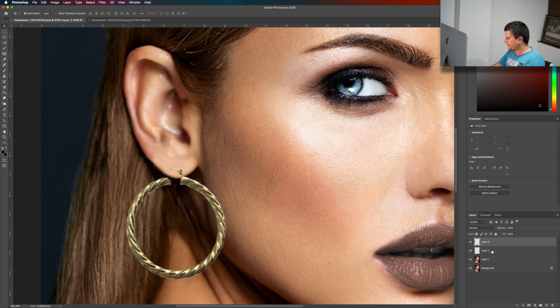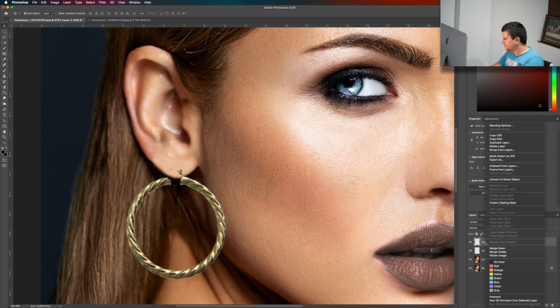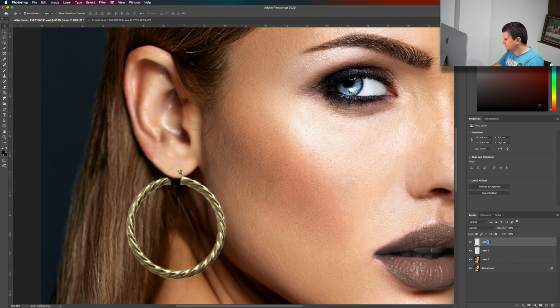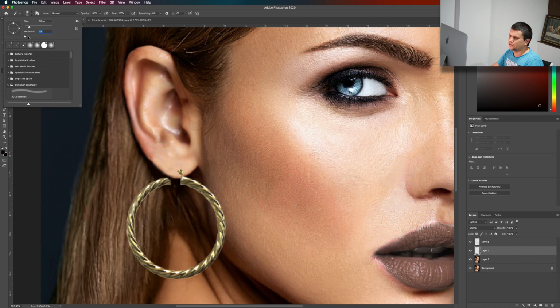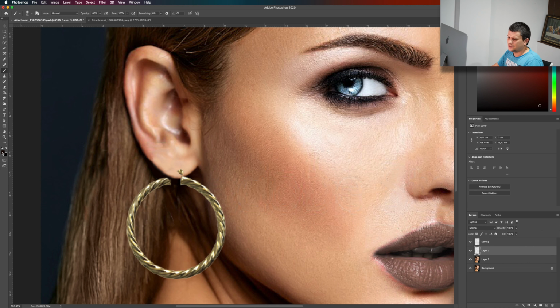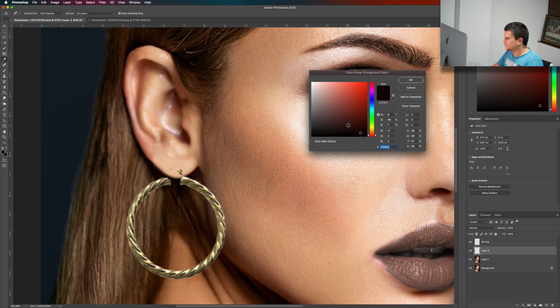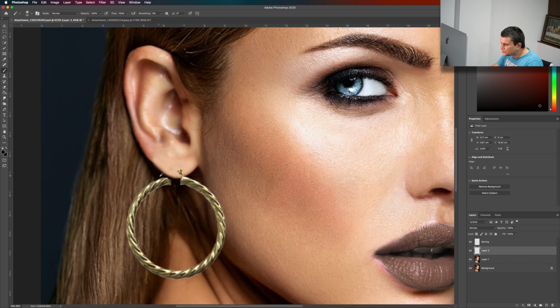Now, create a new layer and put it beneath the earring layer. Let's rename this to earring. Now, here just select the brush tool. Again, the hardness needs to be 0. And select a black color, or just select the color from here, from the dark spot.